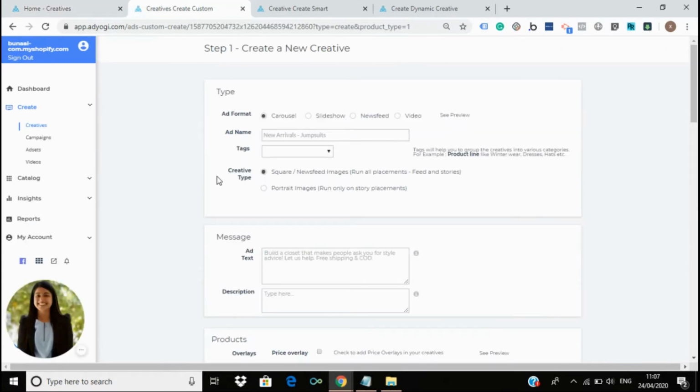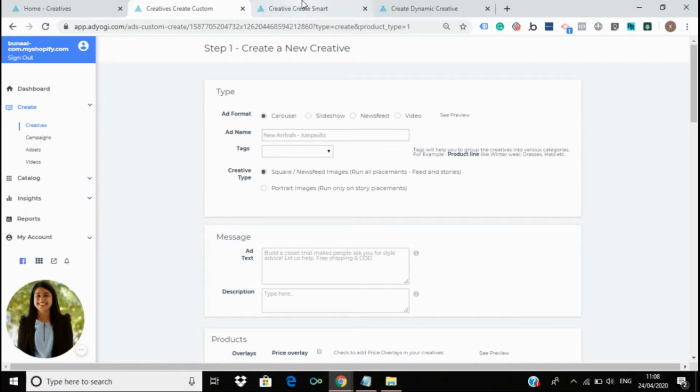Custom creatives. These creatives are fully customizable based on format, content, and images. Brands have complete flexibility over selecting which product to promote, changing product images outside of the catalog, promoting banner images for sale period, running attractive video for better user experience and brand engagement, etc. There are multiple ad formats that support custom creatives such as carousel, slideshow, newsfeed, video, stories, etc.